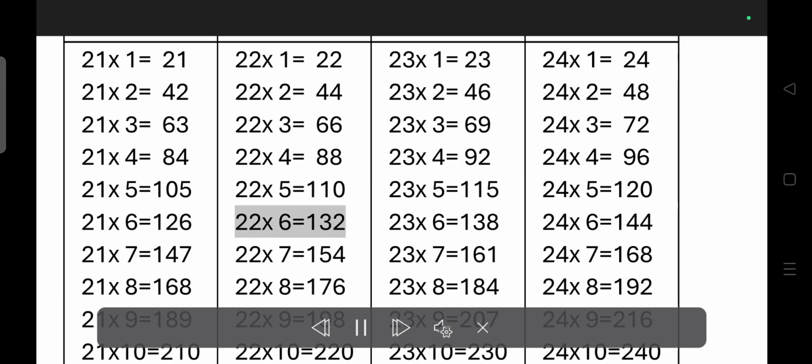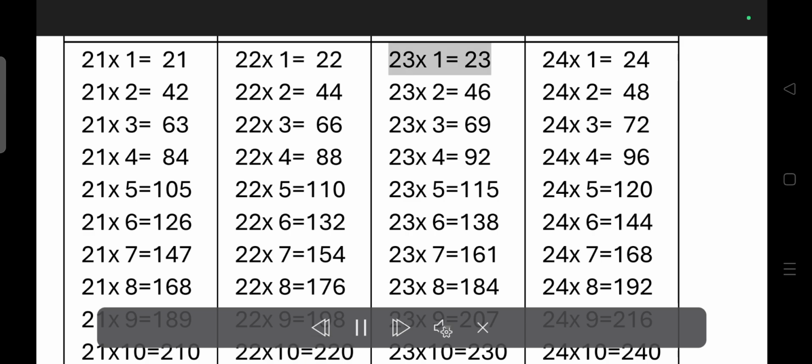110. 22 times 6 is equal to 132. 22 times 7 is equal to 154. 22 times 8 is equal to 176. 22 times 9 is equal to 198. 22 times 10 is equal to